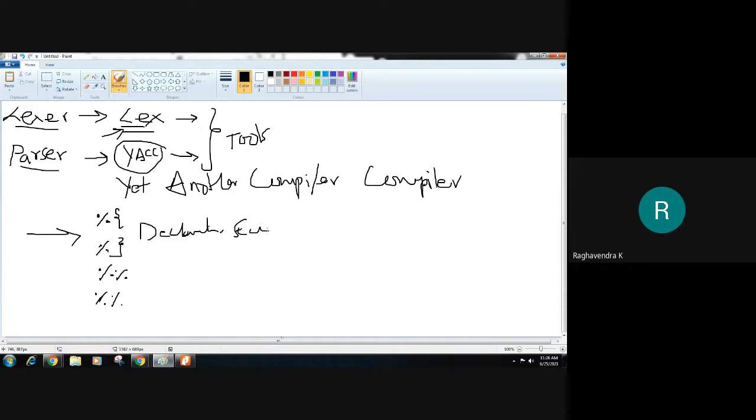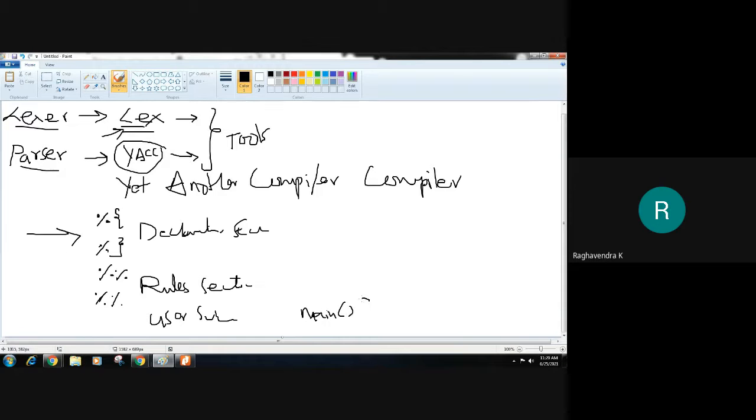So this declaration section contains all the declarations that we normally do in our lex as well as in C programs, right? Then followed by the rule section. Okay, the second section is the rule section. I'll elaborate on that later. And as usual, the third section is the user subroutine section. Now in the user subroutine section, we have got main as usual.